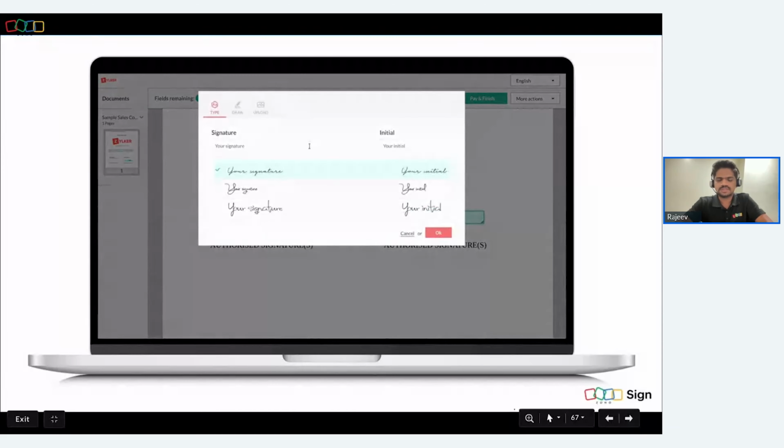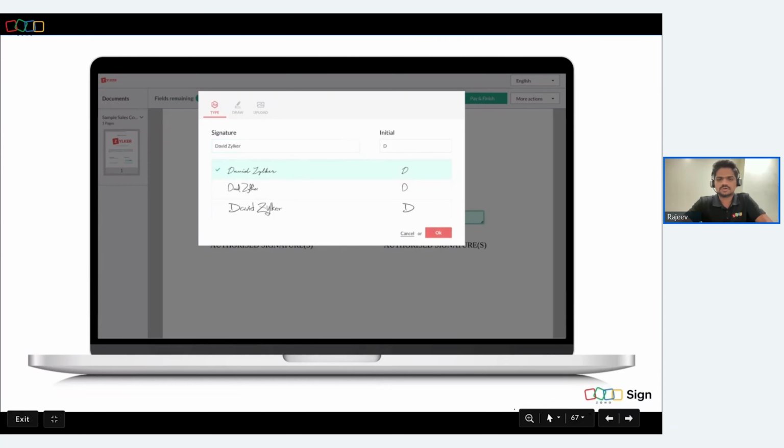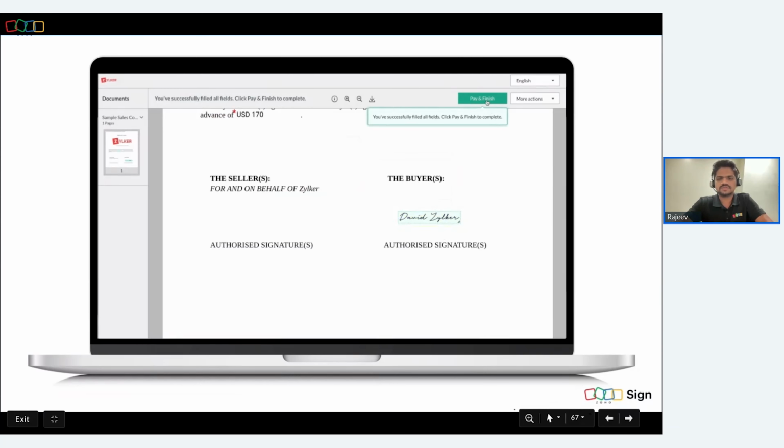So just like how Priya had said, Zoho Sign gives you the option to add your signature in 3 types. You could just enter your name and choose one of the predefined signature styles, or you could draw your signature, or if you have an image of your signature, you could just upload it over here and click OK. So once you're done with all these steps, all you have to do is click pay and finish,